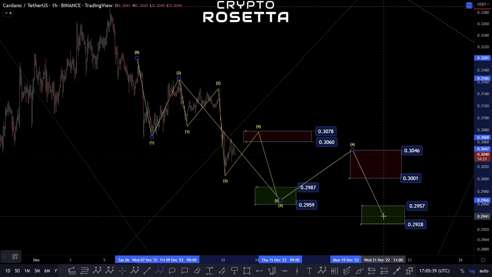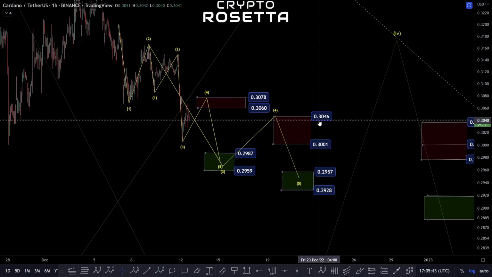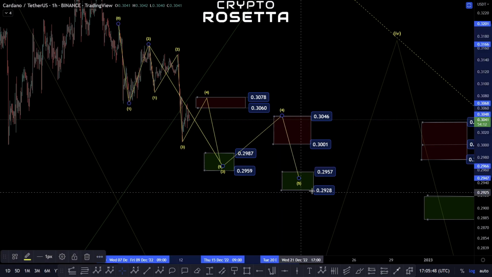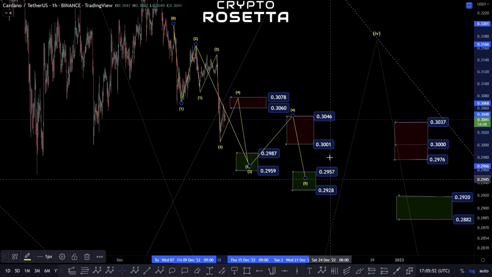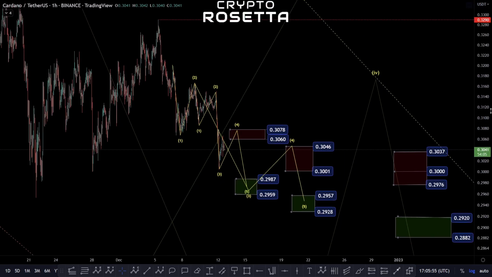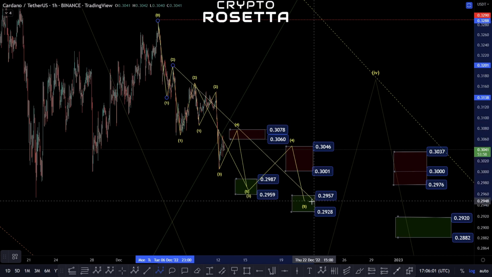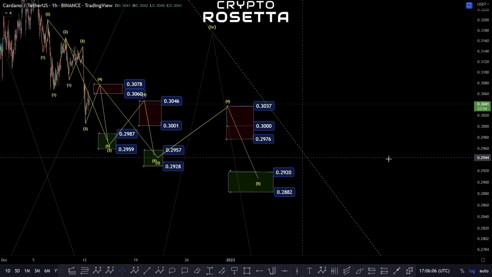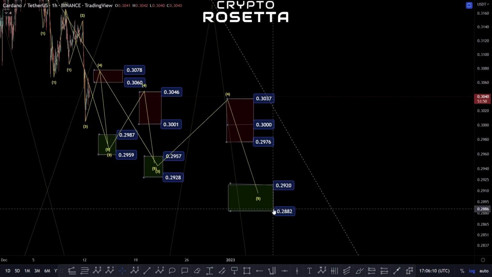And basically that would look to push up to this 30 cent range again, 30 cent 46. That's a typical 382 retracement before looking to drop down again to this 29.57 to this 29.28. But then once again, because of the fact that we now have a standalone 5-wave move here, we would have to then theorize that we're going to get this into a third wave, move up for a fourth wave, and then continue to break down for an additional wave like this into this 29.20 to